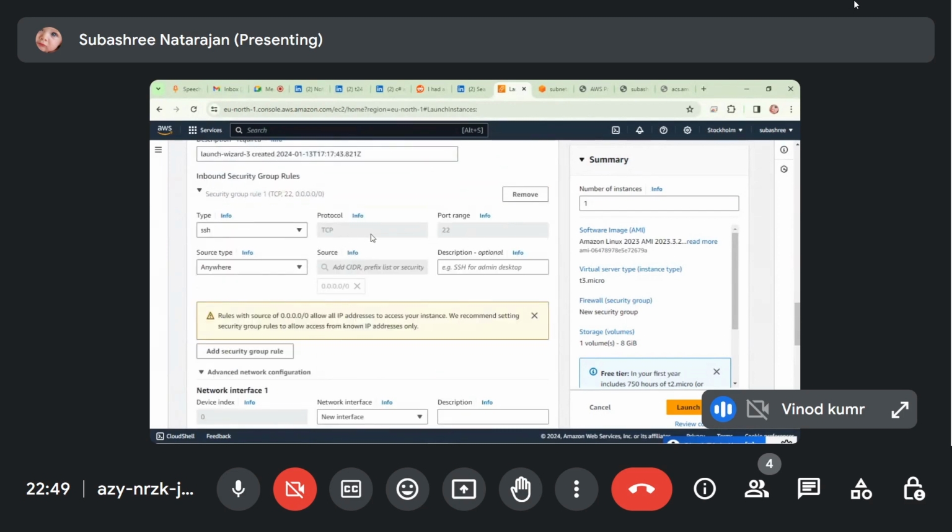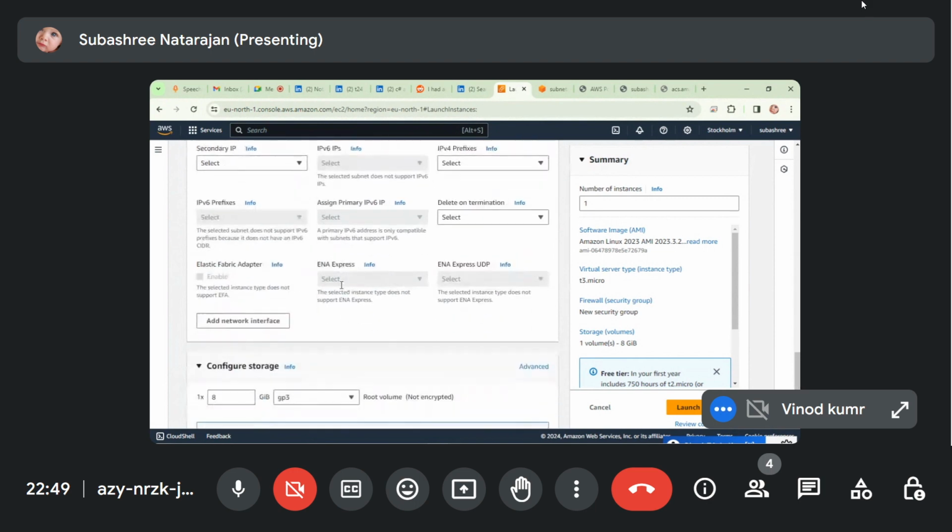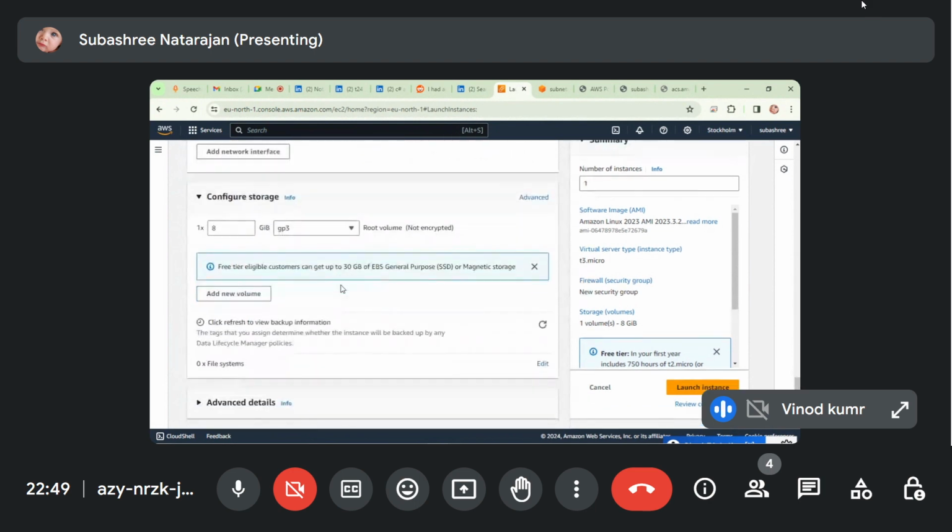Here you can see the subnet group. Second one, resource type anywhere, and it's showing 0.0.0.0 by default because we added the IGW. That's why. Okay, you can scroll down, no issue, and create. You can launch it on your right side.